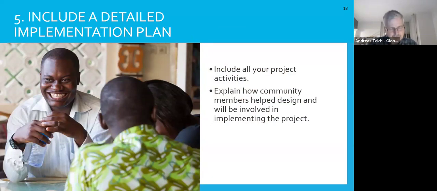elements and steps. Provide a detailed list of specific tasks that the host and international sponsors will carry out with people's names and their specific responsibility. Clearly explain how community members were involved in designing the project and how they're participating in implementing it. It's also helpful to outline when you plan to submit progress reports and to find a report through the Grant